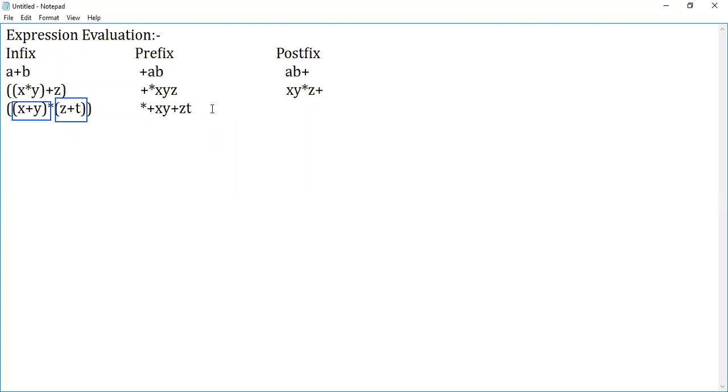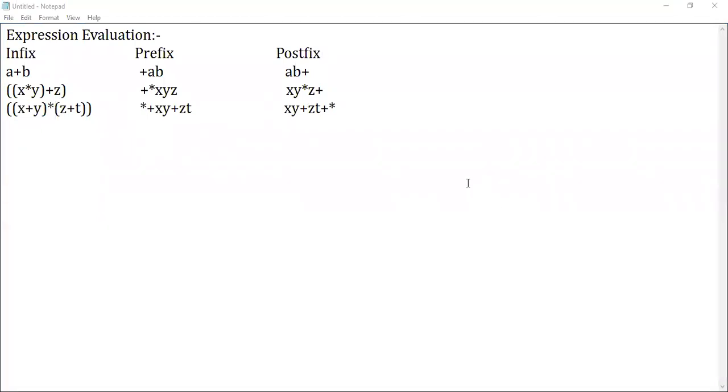Okay, we'll discuss this, guys. Listen. X and Y are there. So XY, add it. ZT, the separate expression, add it. What are you going to do with these two? These two expressions, multiply it. So place a multiplication next to it. This is the operation behind it. This will be something interesting, guys, if you understand the logic behind it.